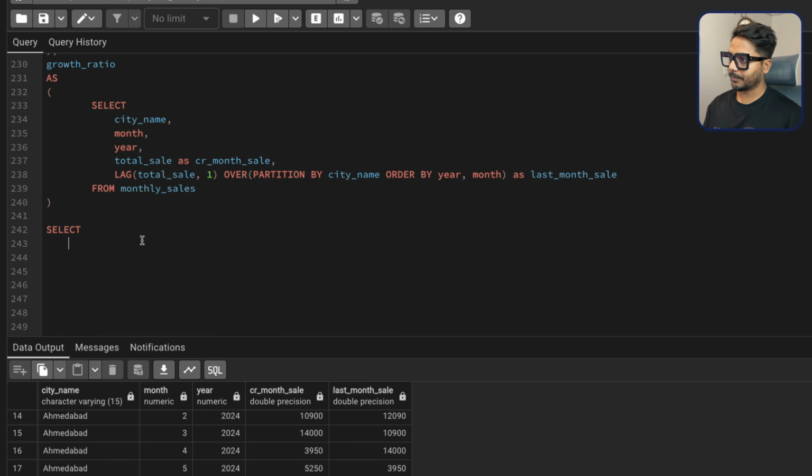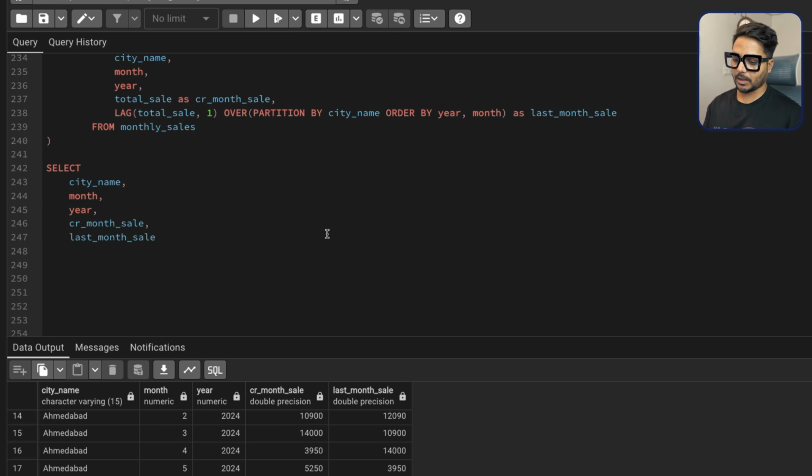So I need the city name, maybe the month as well, and the year as well. And I need the total current month sale and the last month sale. To find the growth ratio I would say current month sale minus last month sale, divided by last month sale, times 100. I may get a number conversion error,